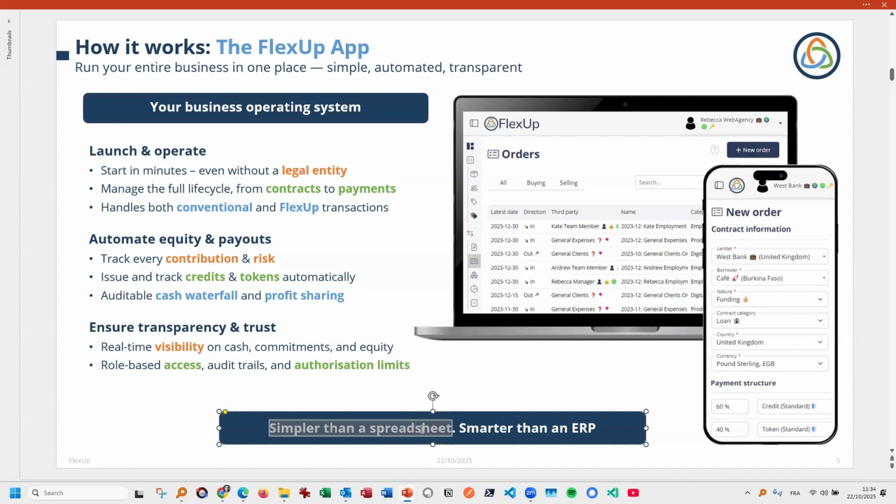And at the end of the day, it should be super simple to use, and it should be more powerful than some of the very, very expensive ERPs that cost millions of euros, and people spend months trying to implement it, and they have to pay external consultants. It's like super expensive. And I think we can do better with a small app that's free for most people to use.